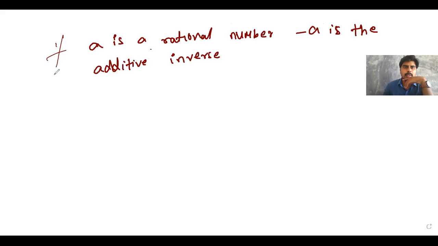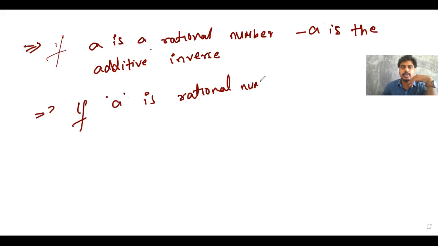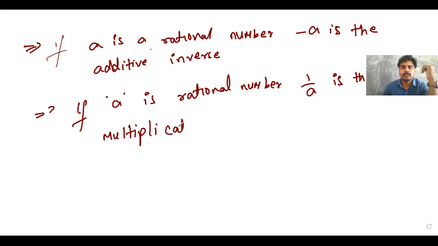This is in addition. If A is a rational number, then 1 by A is the multiplicative inverse. Okay, so as per this formula,